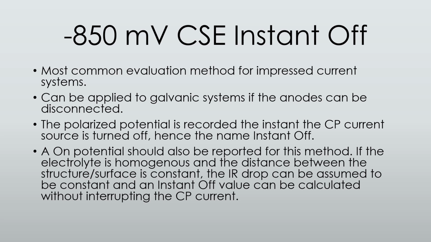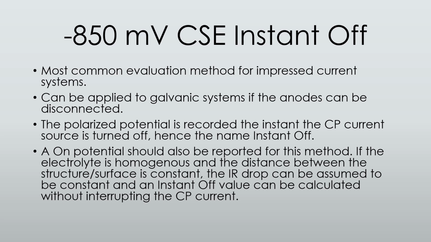So we talked about the voltage drop being a ghost reading. If we interrupt the CP current, we eliminate IR drop. On potentials should also be reported for this method if the electrolyte is homogeneous, though, and the distance between the structure and surface is constant. The IR drops can be assumed to be constant, and an instant off value can be calculated without interrupting the CP current. So if you have a historically known